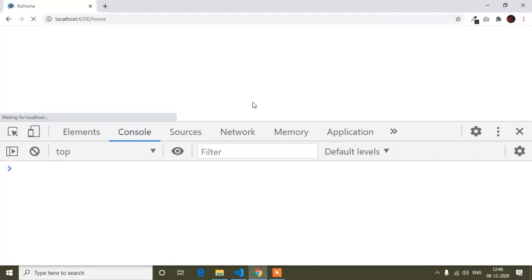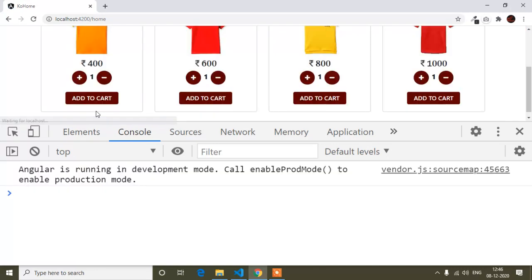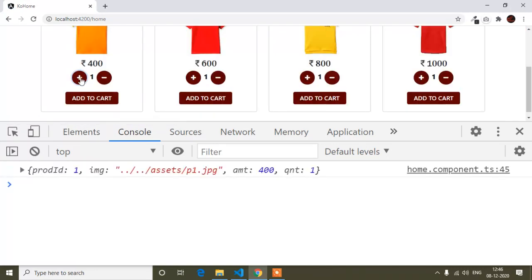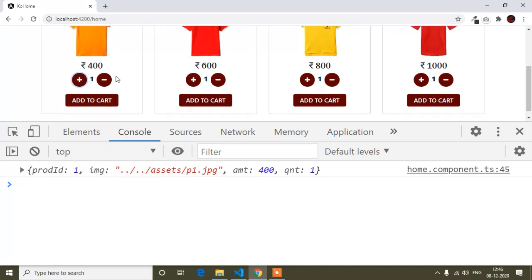Okay, now it's saved, and clicking this increase button, you can see I'm getting the data of this product.